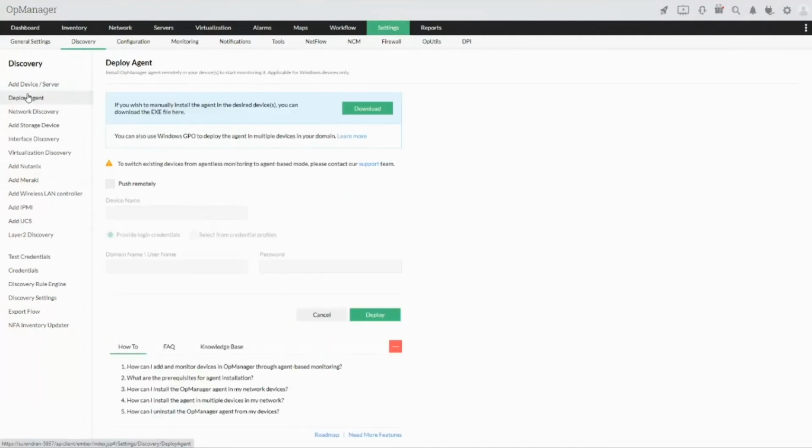So when we talk about deploying the agents, as we have seen, the first and foremost condition is that you have to enable HTTPS on OpManager with a valid certificate. And once you do that, you would be able to start using the agent-based monitoring. And here, when we talk about agent-based monitoring, you can directly download your agent installation file and install it